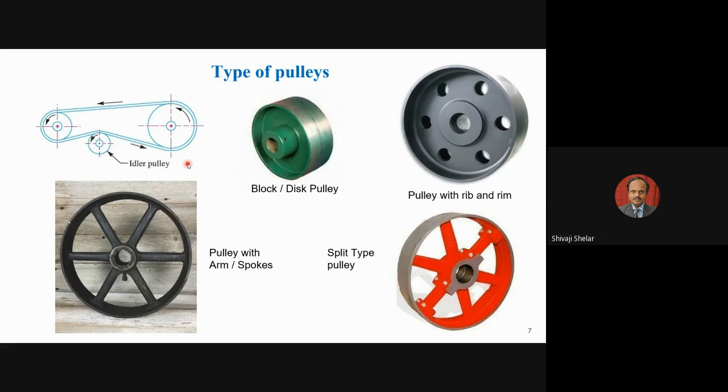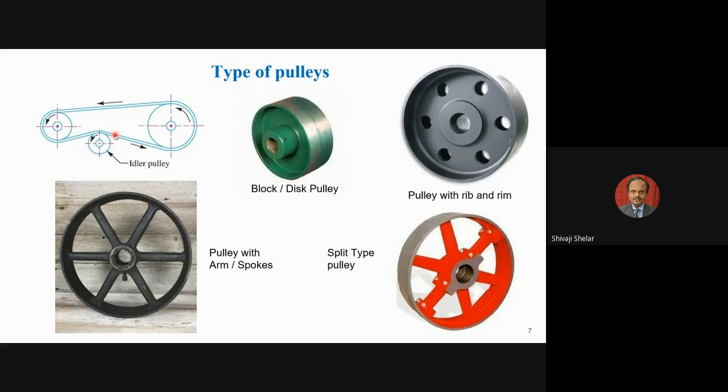So what will happen? It will increase the slack in the belt more. So that will decrease the belt tension. As the belt tension decreases, power will not be transmitted properly. So to maintain the belt tension, we can use an idler pulley, and we can push this belt by some